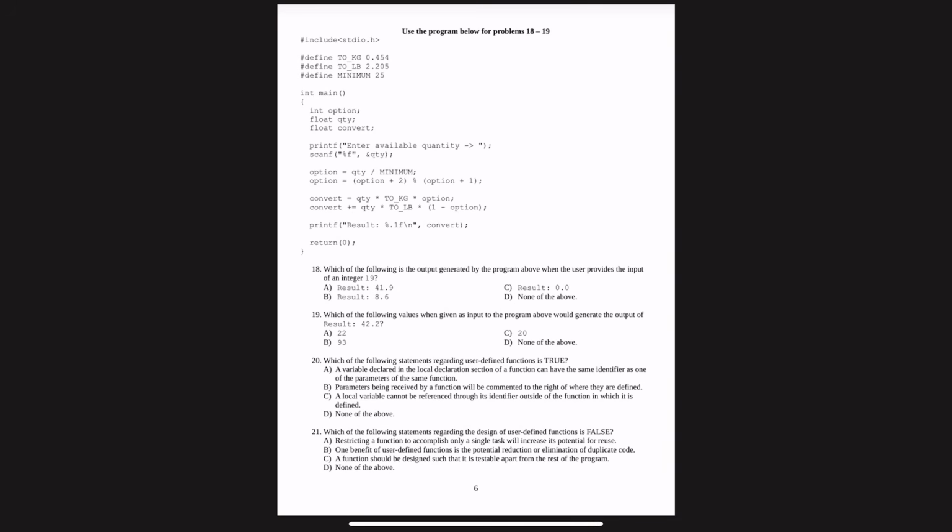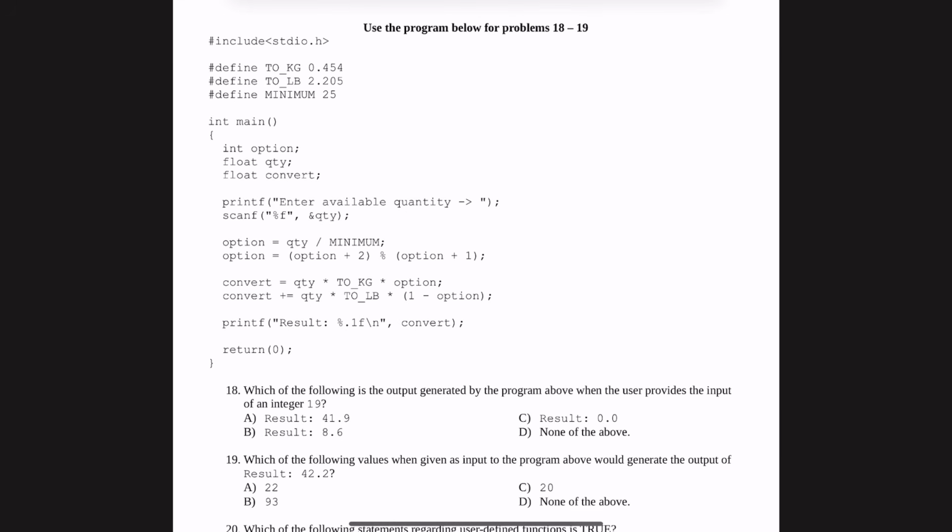All right, here we have questions 18 and 19 asking about this code segment. Briefly scanning through it, we see some defined constants, some unit conversions. We have a user input. We have something that kind of looks like our selection by calculation, that behind-the-scenes logic, and then the actual selection occurring down there. Running through our code really quickly, we have a user input, then here we have option